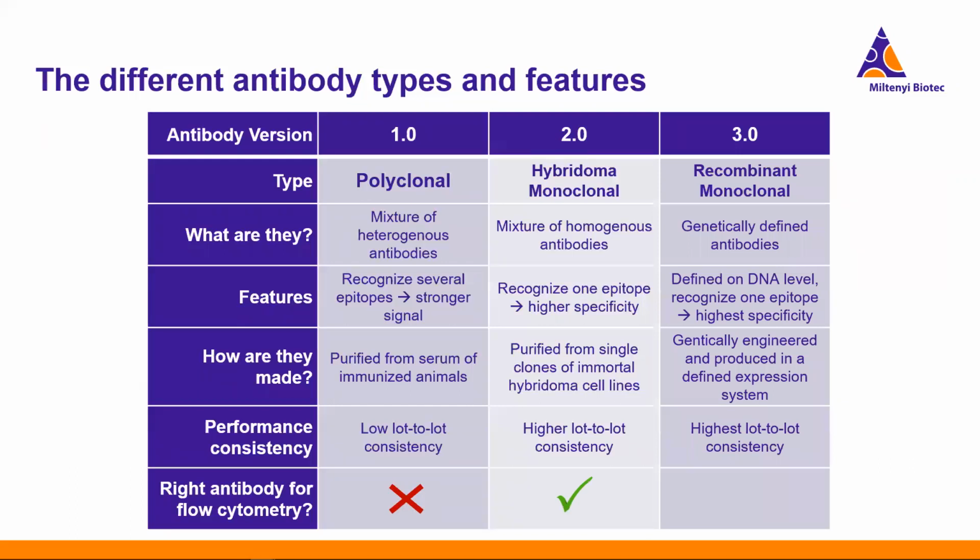And that's what we've done at Miltenyi, specifically with our flow cytometry antibodies. And I'm going to talk about how these are created in more detail on the next slide. But essentially, we're taking the existing recombinant technology and applying it for the first time to manufacturing flow antibodies on a commercial scale. So essentially, we take our favorite B cell clone, we sequence the variable region, we clone it into a construct and produce them in a stable mammalian cell line.